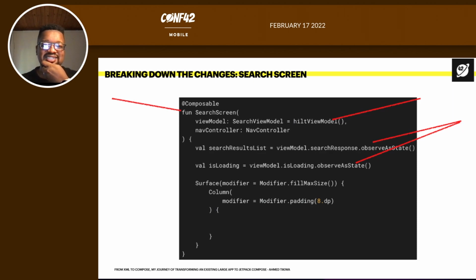Then because my app uses live data from the view model, so the data in my view model is being returned as live data, I can then transform that live data value into state using observer state. So one thing to bear in mind is that composables rely on state in order for them to be composed or built on the screen or recomposed. So the process of recomposition is based on state, so reacting to certain state. So in this case, I've got two state variables, which are the search results list as well as the isLoading